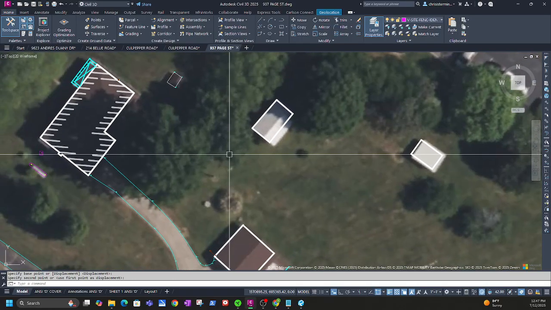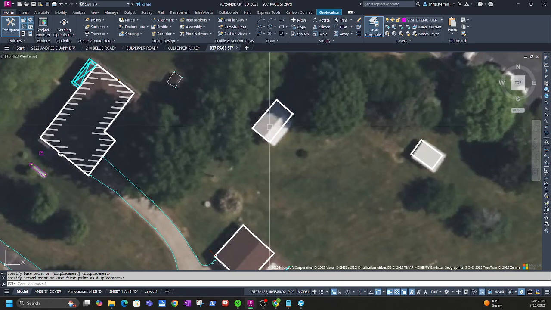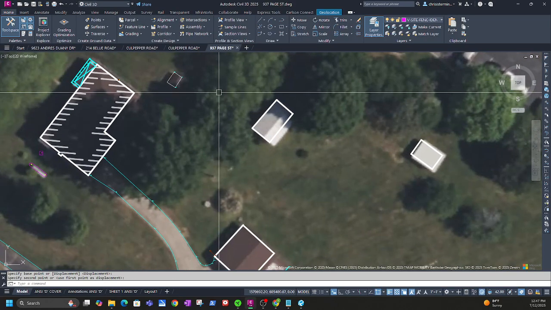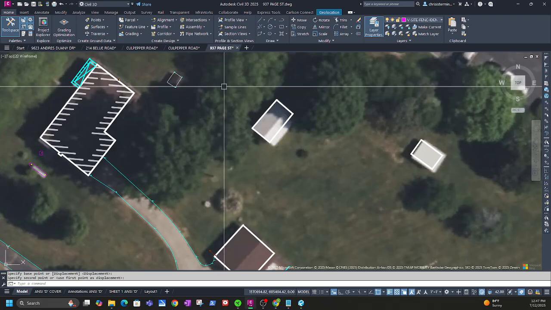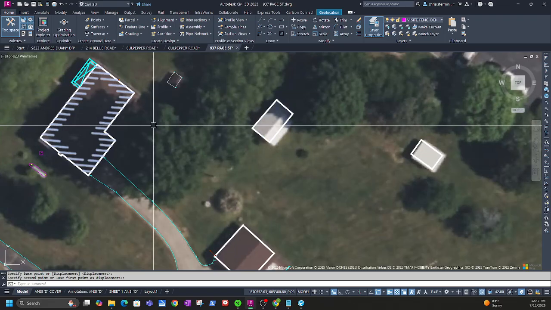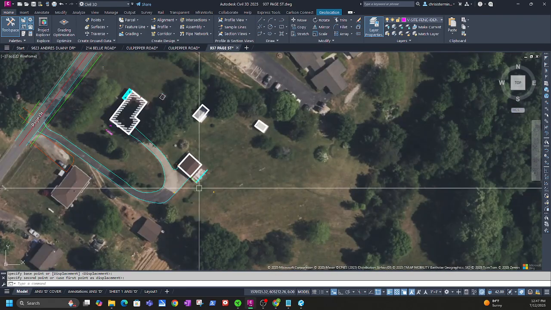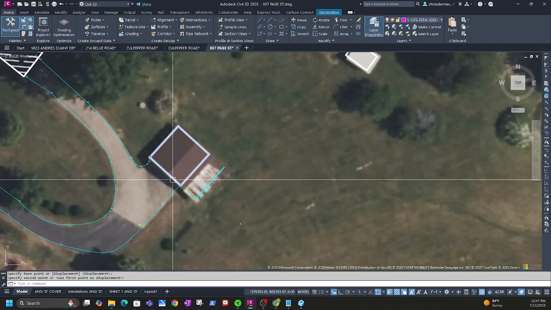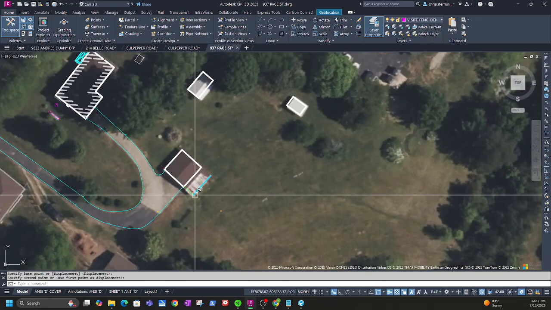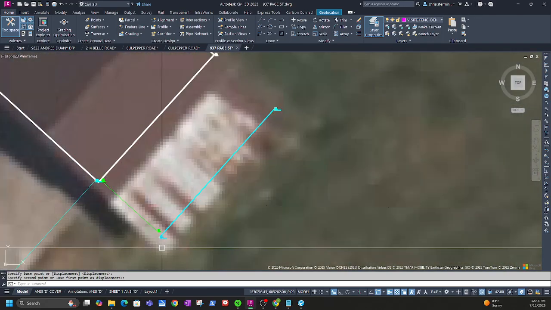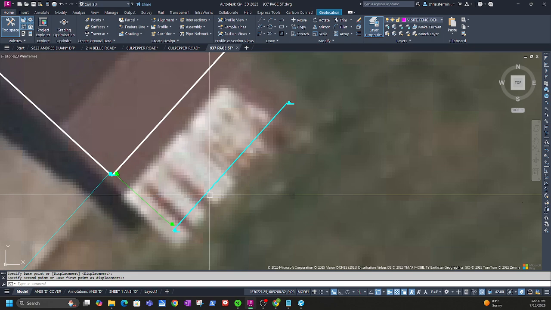Do not hatch out the buildings, because the hatching is to signify it's the main structure. The rest of this is just sheds, and looks like we got maybe a garage of some kind. All right, so we'll look at that garage. We got an overhang here. We know we need to